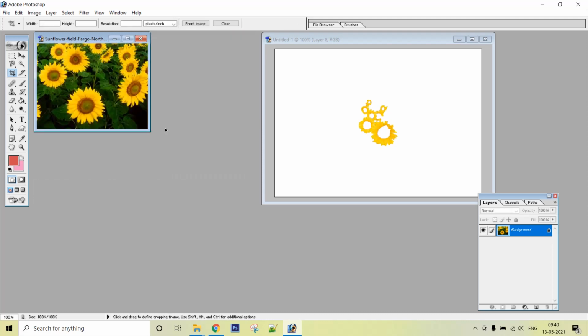So you can see here that when I press the enter key, the rest of the things were removed, only this thing was cropped and kept in the view. So you can use the crop tool to select the portion that you want to keep from your image and discard the area that you don't want to keep, right? So this is another selection tool.